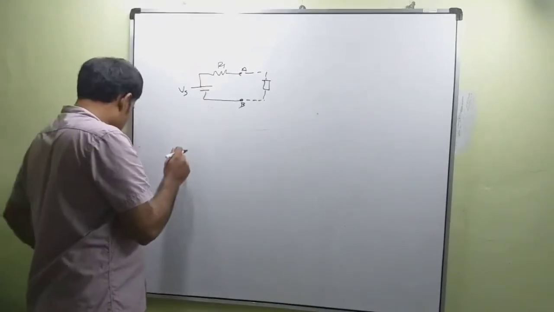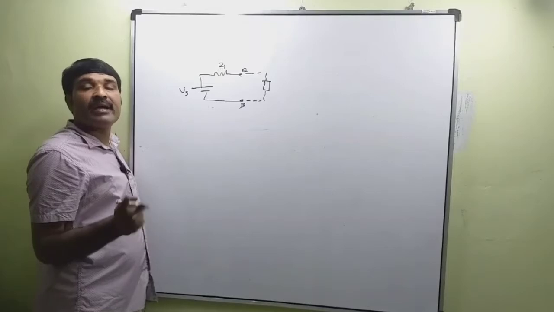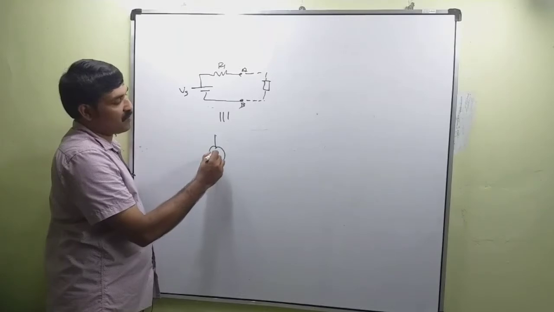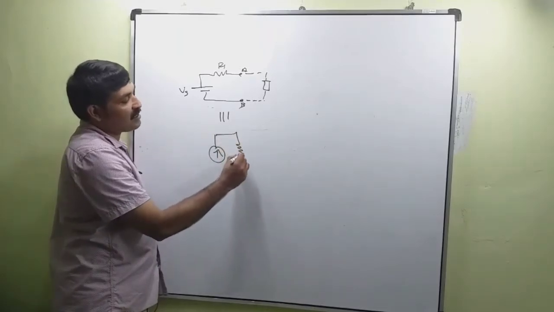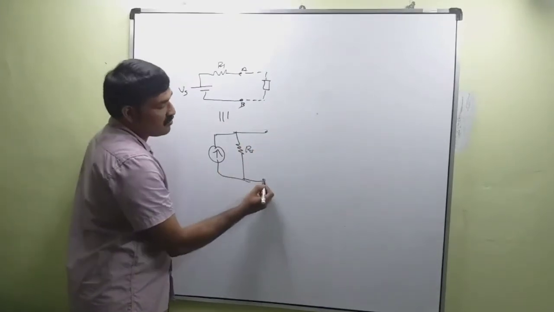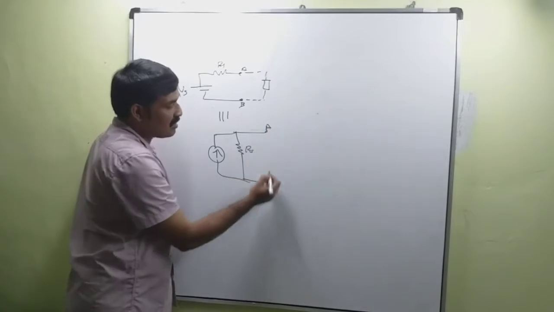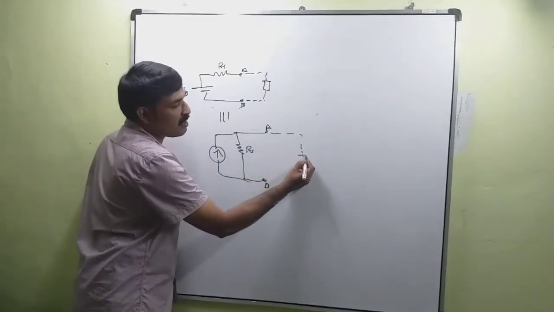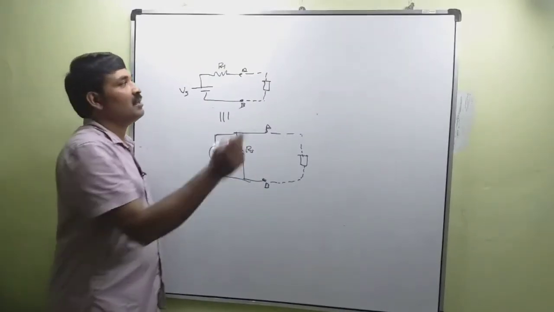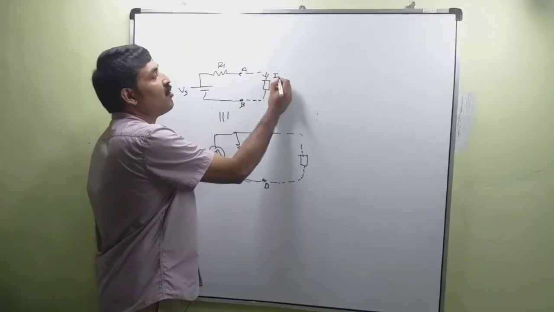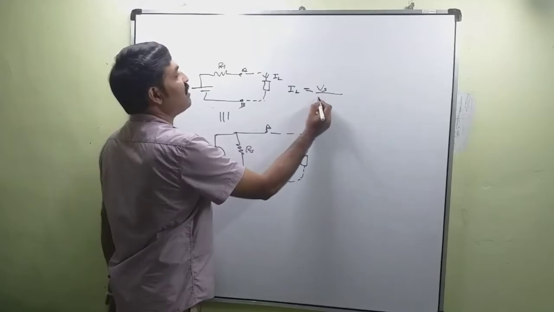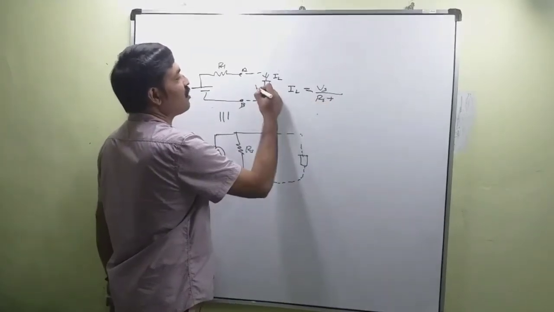Now we can represent this by an equivalent current source. This is equivalent to a current source in parallel with a resistance. This resistance is the same as Rs. Then this will represent our terminal AB and we can connect the load across terminal AB. Right, both will represent the same circuit. Now IL is the load current. IL is equal to Vs divided by Rs plus RL, let the load resistance be RL.